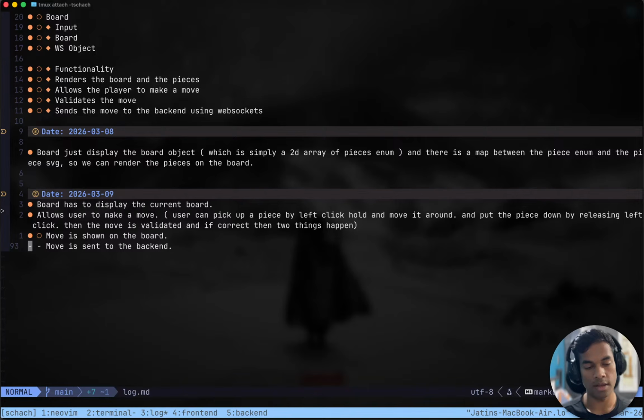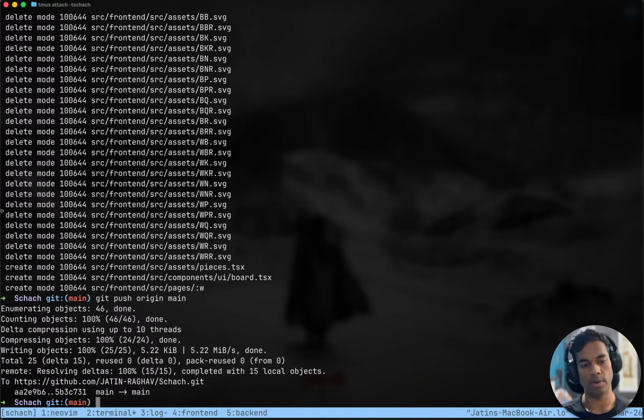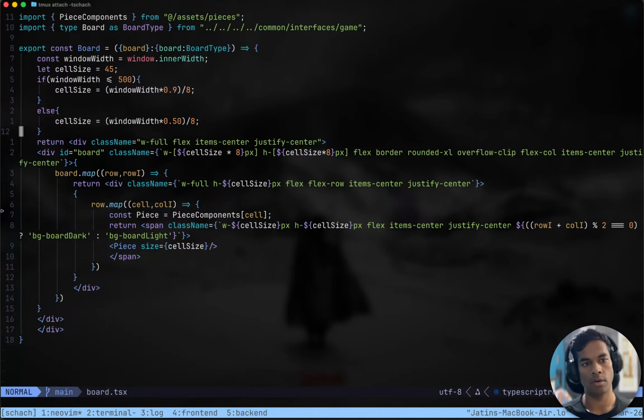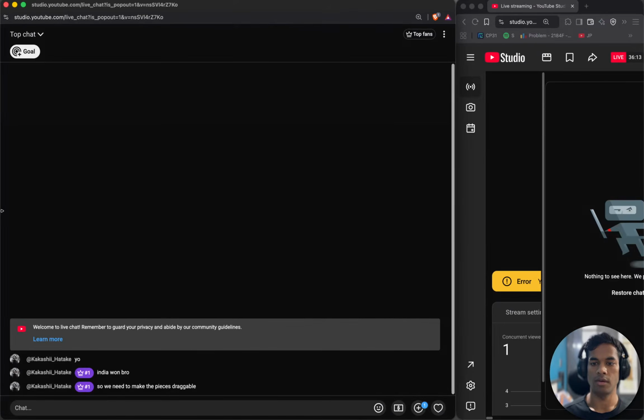And for making the move, we need a validation function. We can validate right here in this component itself. That would be cool. And then to tell the backend that a move has been made, we can make a call.